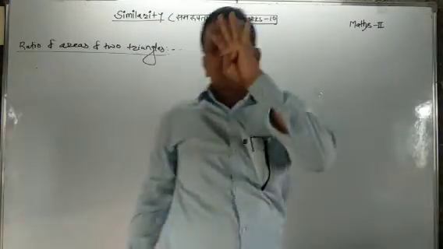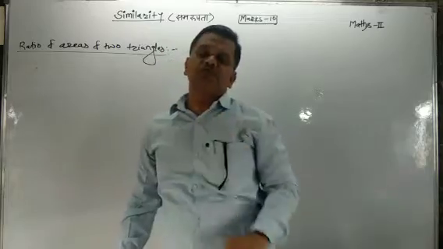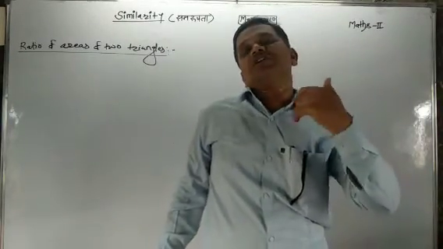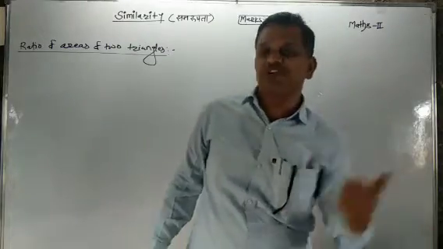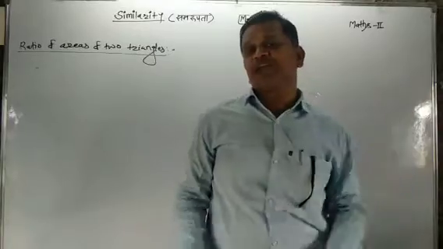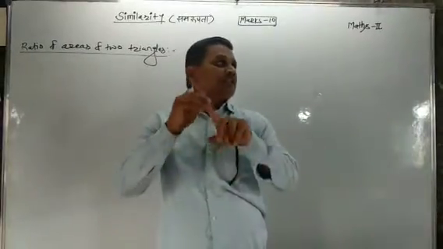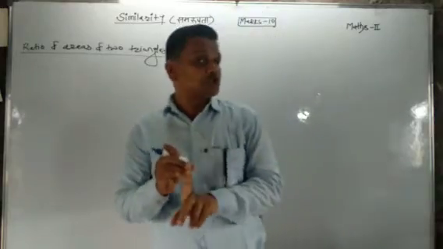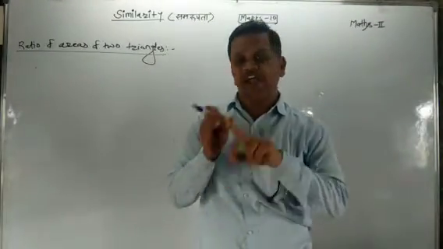Here are four properties of the ratio of areas of two triangles. They are very important for the similarity of two triangles and its properties. Which are the four properties? The first property we learnt in the last period: the ratio of areas of two triangles having different bases and different heights is equal to the ratio of the product of their bases and corresponding heights.